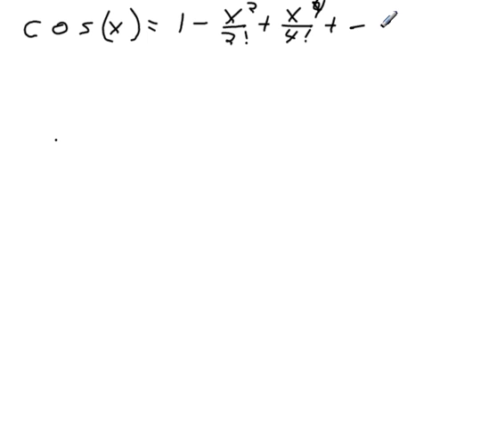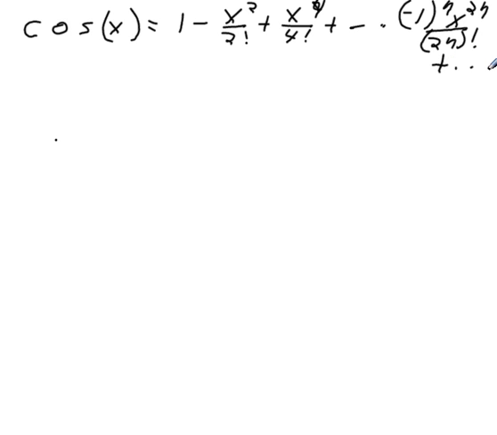The nth term then, x to the 2n over 2n factorial. And amazingly, the left-hand side of the equal sign equals the right-hand side if you go out for an